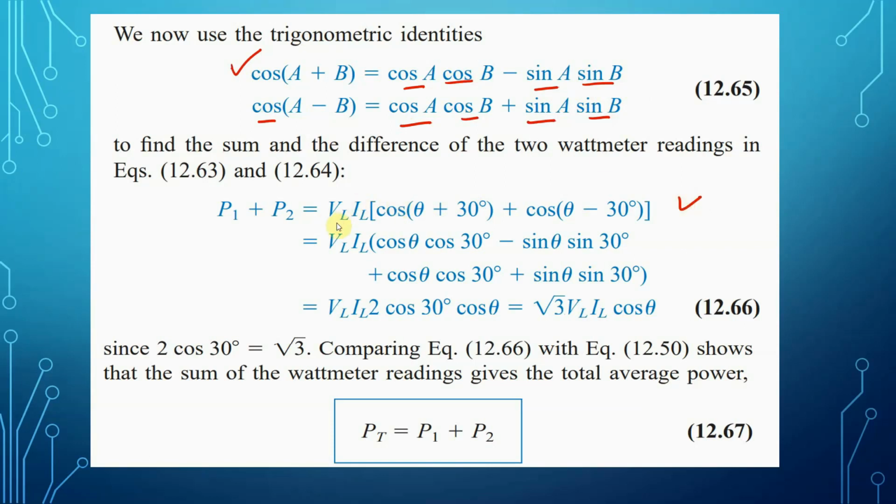We can say that if we add P1 plus P2, this is P1. Okay? We factor out VL, right? This is for P2, this angle here. So, cosine of theta plus 30 is equal to cosine theta cosine 30 minus sine theta sine 30, following these trigonometric identities. Plus, the other side, we have cosine theta